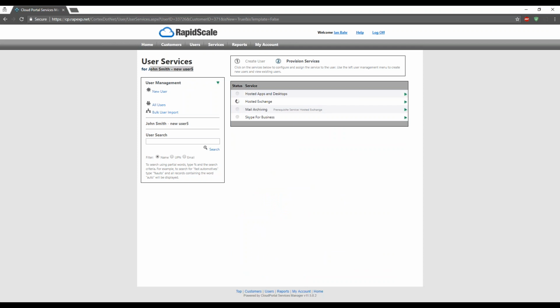As you can see here, it's going through the provisioning state of that orange status icon. Provisioning hosted exchange is about a 30-second operation, so this will be done shortly, and then we should expect to see it be a green status icon once it's done. And at that point, we have gone through the steps necessary for setting up a new user, and then provisioning them with a service here of a hosted exchange mailbox,